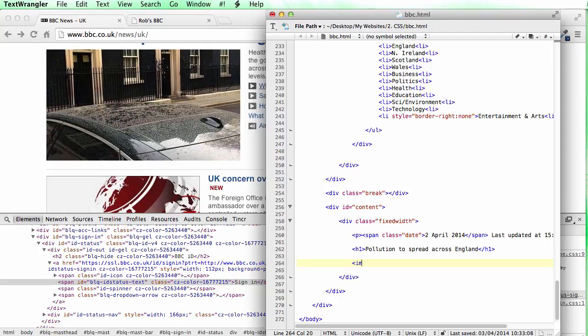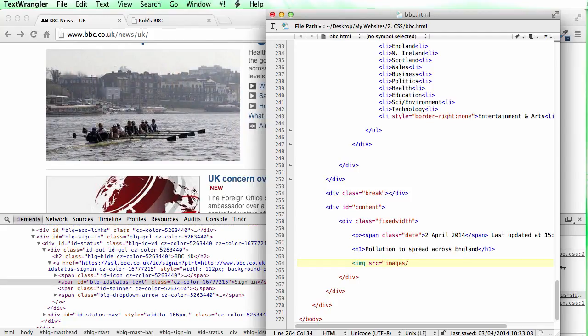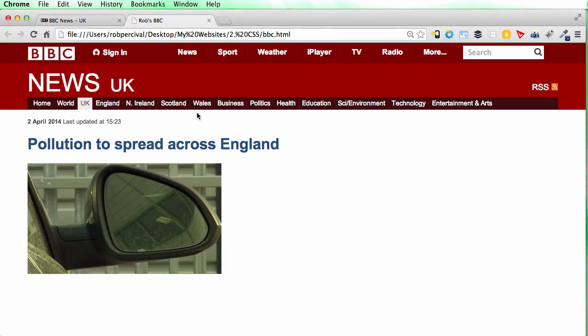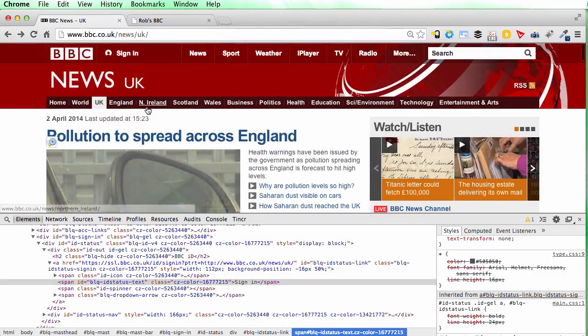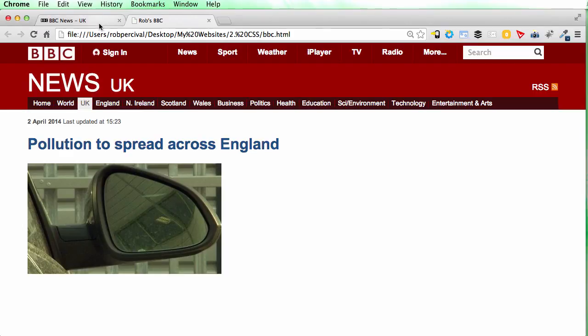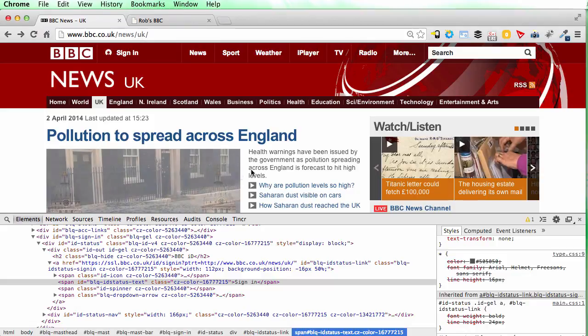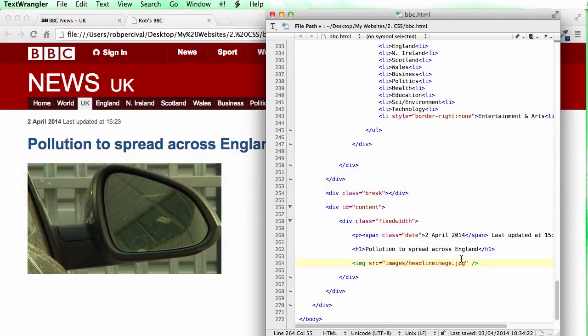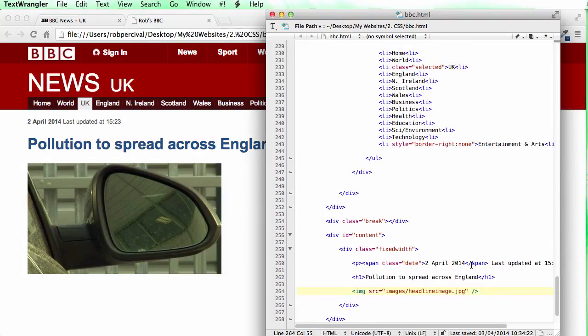Okay, so let's put it in straight away as an image. src is images/headlineimage.jpg. Self-closing. Okay, that's nice. The spacing looks about right to me. Now we're going to want this paragraph text to be to the right of that image. So we definitely want to float that image to the left. So